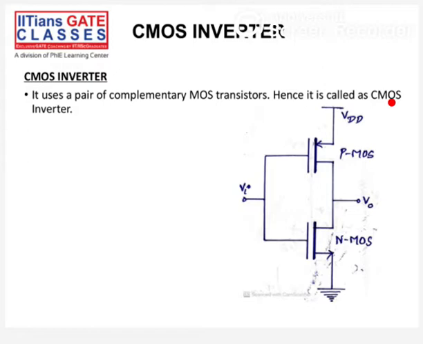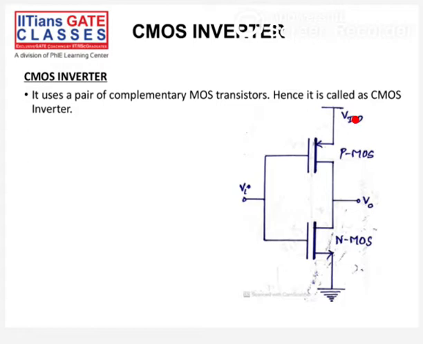So we have one VDD voltage, that is the biasing voltage, which we apply here. This terminal is connected to source ground. We have PMOS and NMOS, two devices connected in series, and we have one input at their gate terminal, and we have output at their drain terminal. The NMOS source terminal is connected to ground and the PMOS source terminal is connected to VDD.